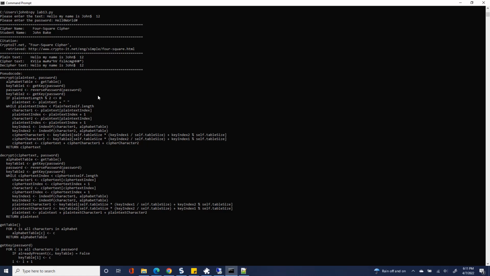Another interesting thing that I ran into with this was because we're working with pairs of letters, we need to handle the case where we have an odd number of characters. So in order to do that, if we ended up with an odd number of characters at the very end, instead of just dropping the last one or adding some random letter to it, I added a space to the end. By doing that, it doesn't affect the appearance of the ciphertext or the deciphered text when it comes back to us, so it looks the same, even though there may be one extra space character there. So we had to modify this a little bit to work within the parameters of this software, and hopefully